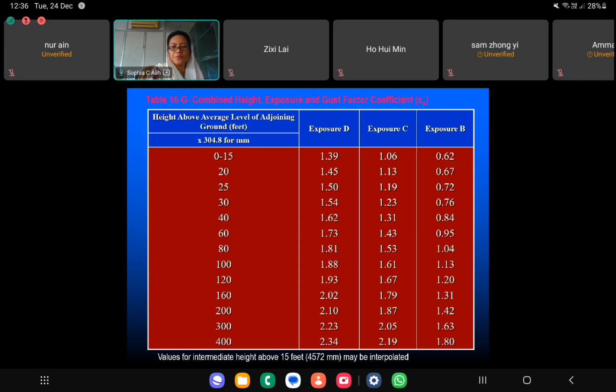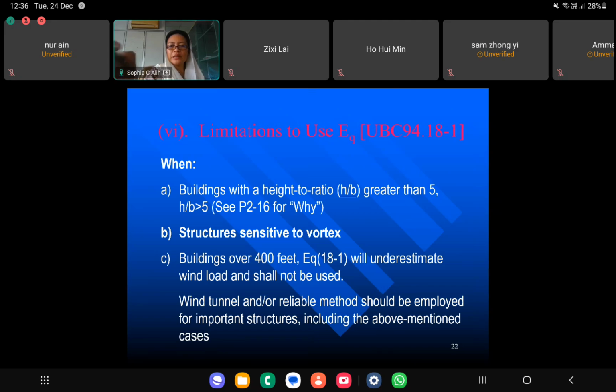And this is the coefficient. However, it also has limitations. It may seem very simplified and straightforward. However, the limitation is that if your H over B is more than 5, you are not to use this. Remember just now H over B is 5 here, and after that H over B of 10 is already here. So there is too much difference, and because of these rapid changes, it may be due to